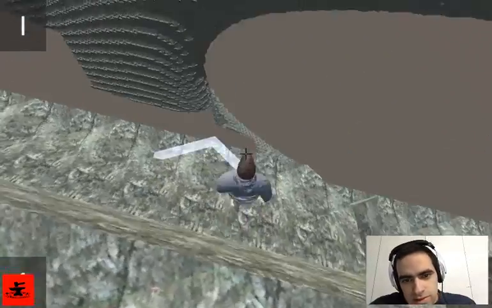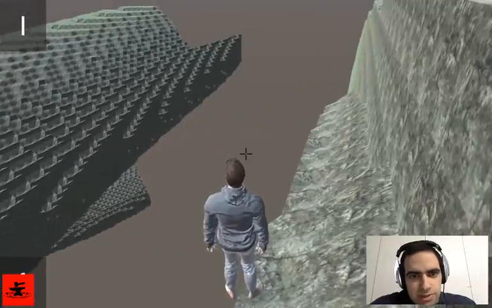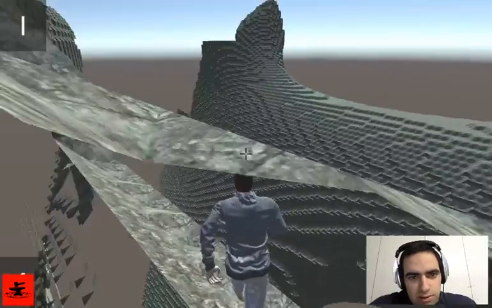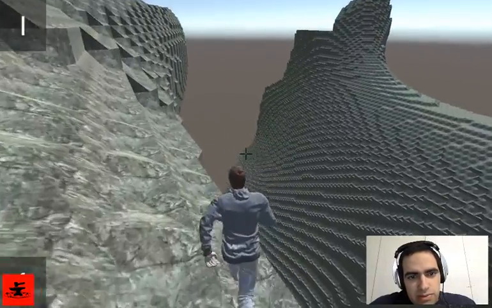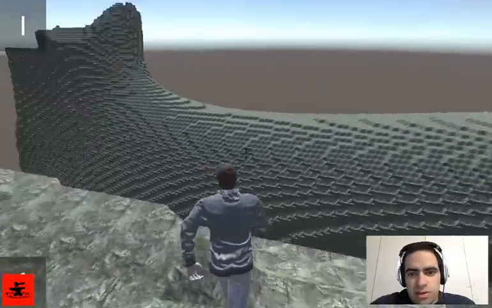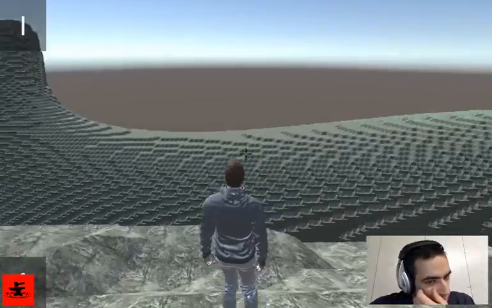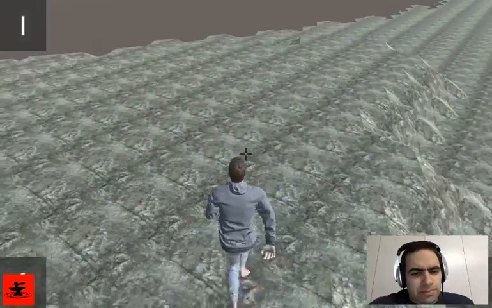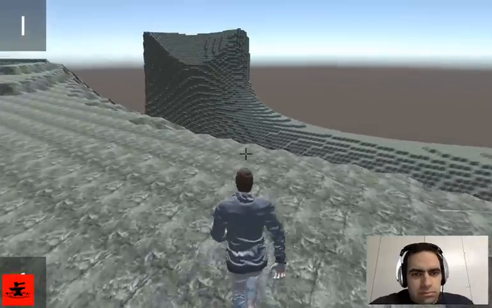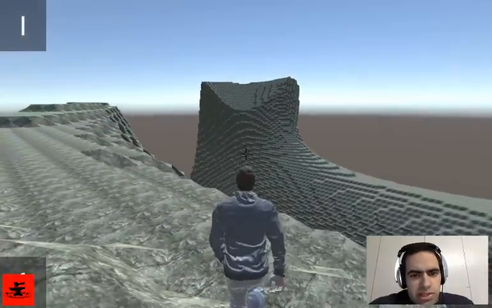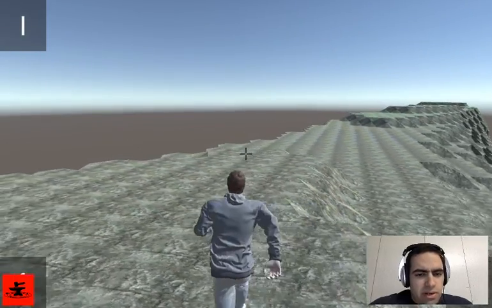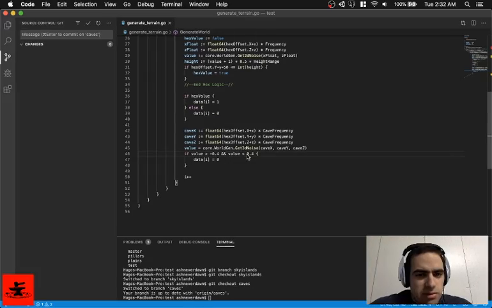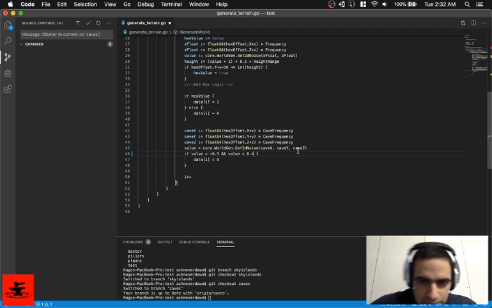Yeah, this is a huge chasm. Yeah, let's lower the range that we're using. This might actually work pretty well if we did some more tweaks, like maybe change the height of the caves, or I mean, not the height, but the frequency. Well, which in turn will change the height, but